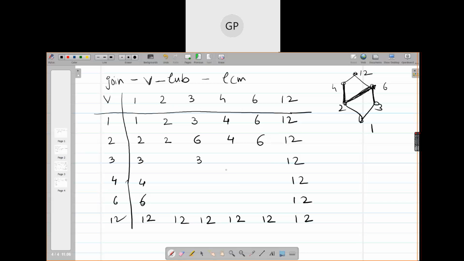And every element का उसके साथ लिया आपने meet and join, so you will get the same element. Now it remains to fill the remaining fields. What is 3 join 2? 3 join 2 is again 6. 3 join 4. Now 3 and 4 are non-comparable, so they are directly meeting where? Tell me, very first time where they are meeting? 12.